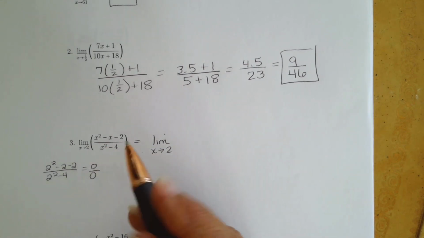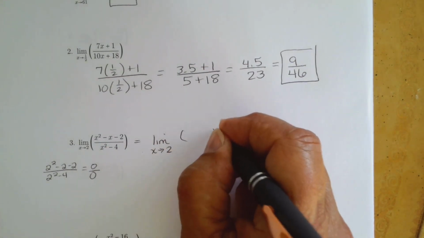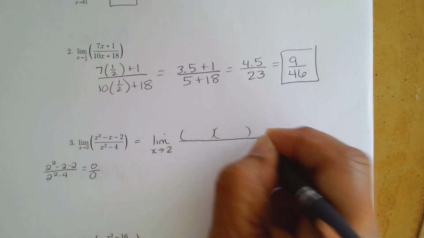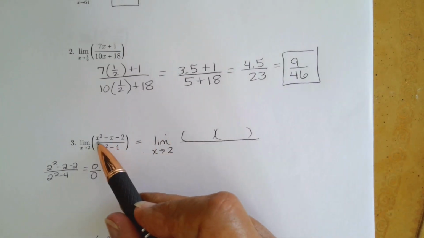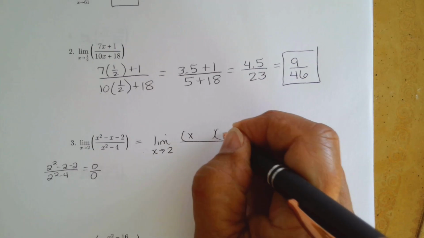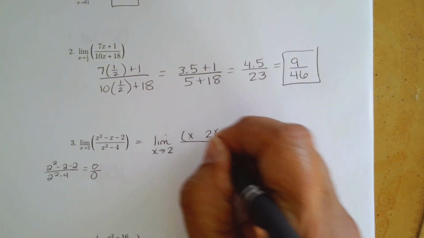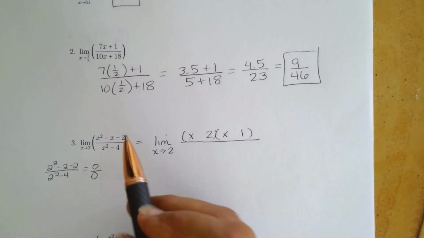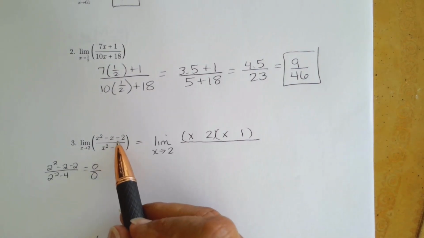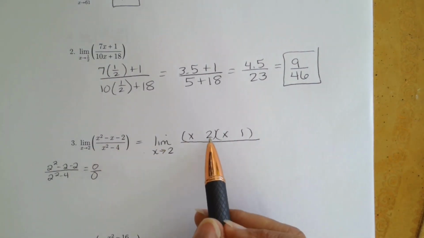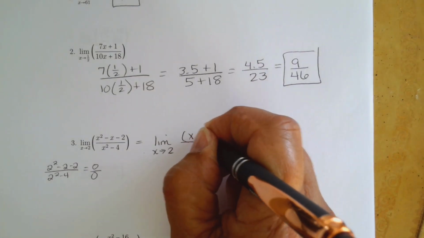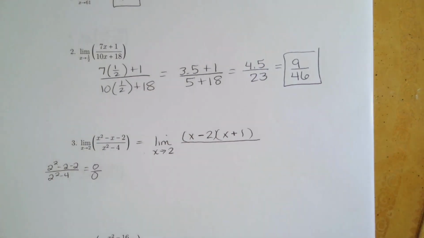All right, so in the top, that's a trinomial, so it will factor into 2 binomials. So I know the first 2 terms, since I need x squared, would be x and x. I know in the back, the only way to get 2 is 2 times 1. And then I just need to figure out my signs. I need a negative 1 in the middle. So if I need a negative 1 in the middle, the 2 has to be negative, the 1 has to